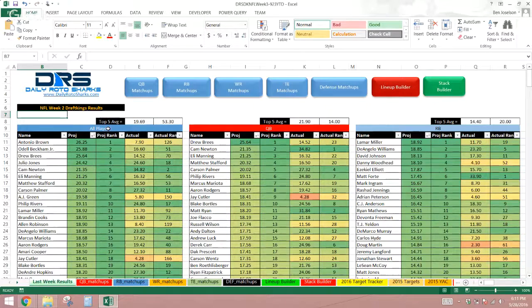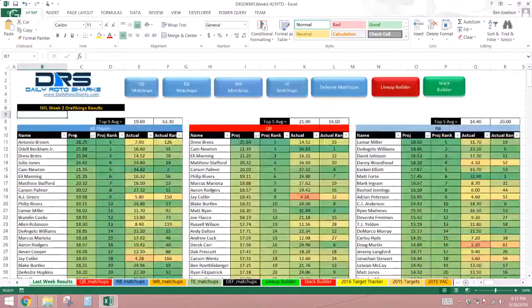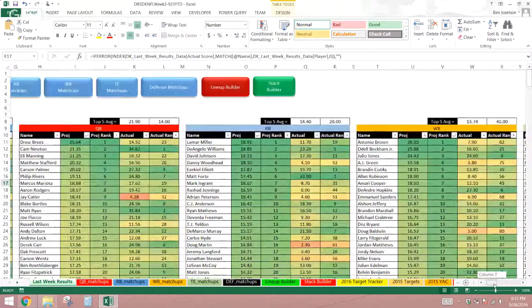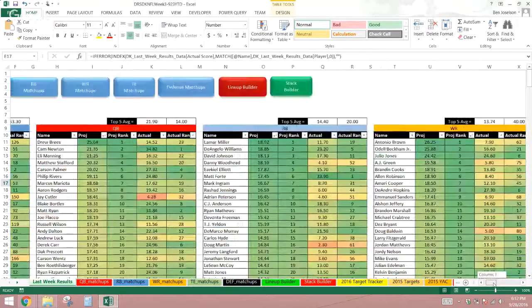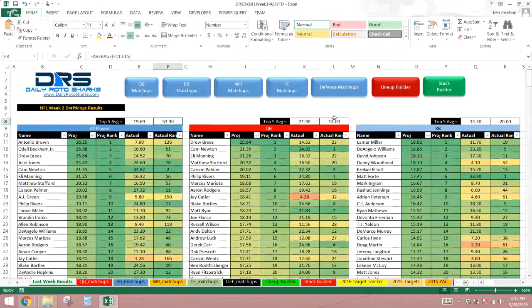If you look at it, it has a list of all of the players right here, what our projection was, what our projected rank was, and then how many points they scored and what the actual rank was. Then it does the same with QB, running back, wide receiver, tight end, and defense. At the top, you see the top 5 average of the actual points and the top 5 average of the actual ranks, and that's across each of the